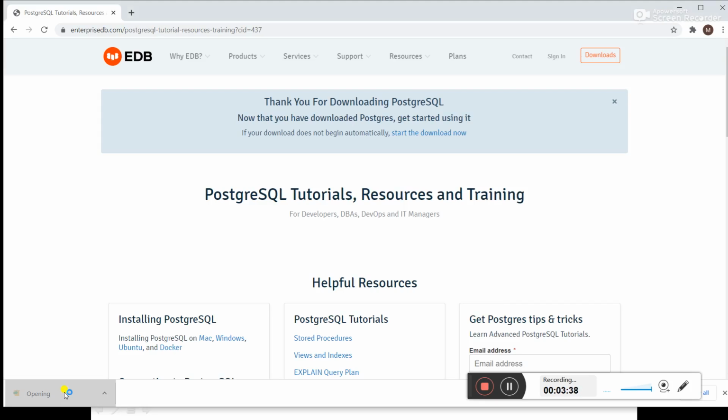After downloading, just click on this. It will open this window. Do you want to allow this app to make changes to your device? Yes. Now see, it is getting open.